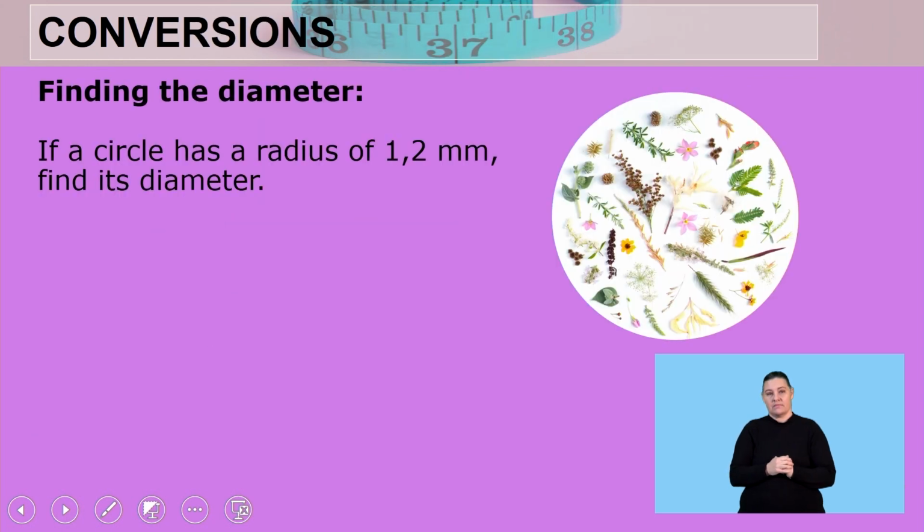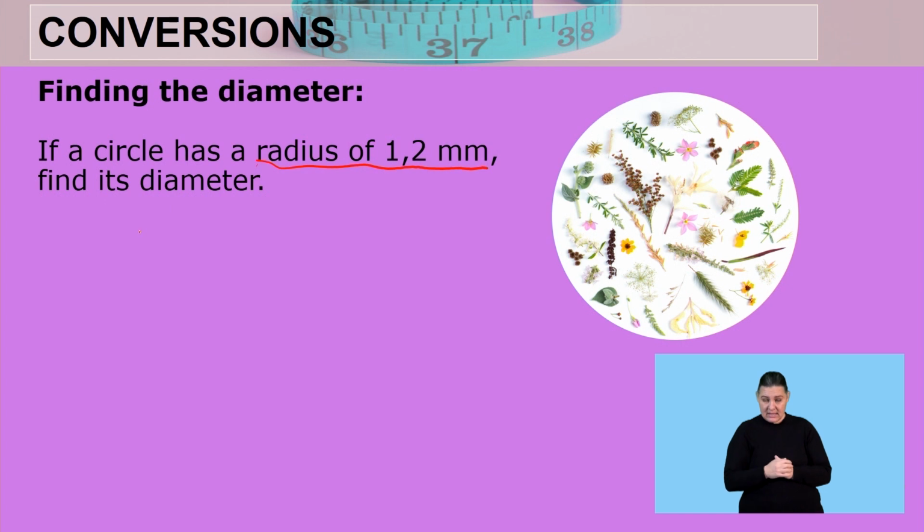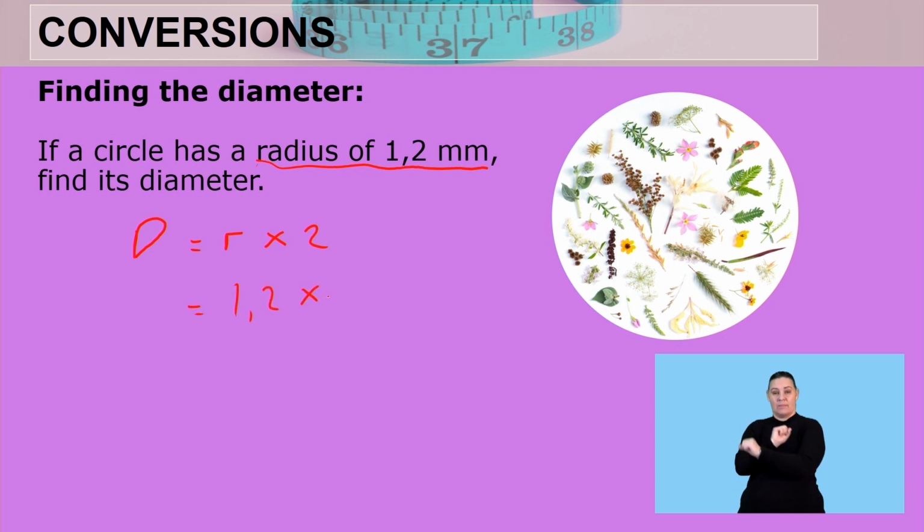All right, okay. Finding the diameter now. So if a circle has a radius of 1,2 millimeters, find its diameter. So this time, the previous question we worked out the radius. Now we're working out the diameter. So the question goes the other way. So what I've got to do is say that the diameter is the radius multiplied by 2. Do you see? The other way. Opposite of division, multiplication. So 1,2 multiplied by 2, that gives me 2.4 millimeters. Nice work,